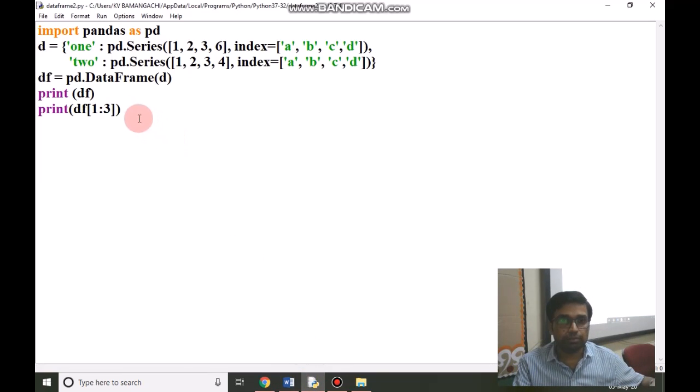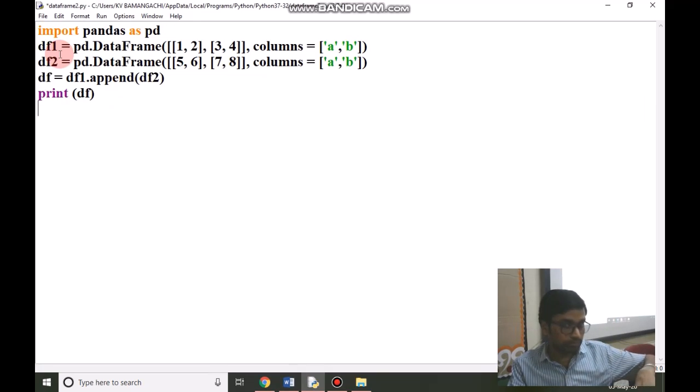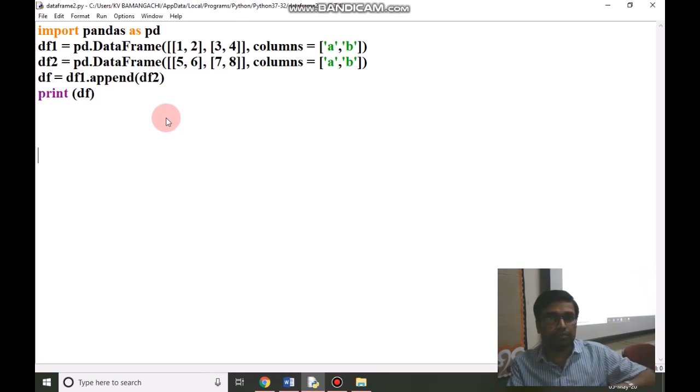After running this program, we will find the desired output. Once again, I am reminding you, there are two data frames, and data frame syntax is data, comma, columns. We have given another data frame which will map df1 after appending df2, and the resultant data frame will be mapped in df. So df1.append(df2). If we run this program, we will find here